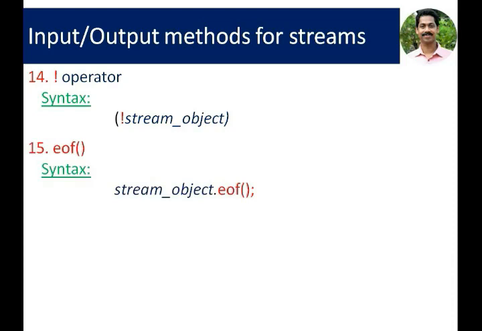The EOF function can be used to find the end of a file. Suppose we are starting the reading of a file from the beginning. We must continue the process up to the end of file in many cases. So each time we have to verify whether the end of file is reached. This function is used to check whether the object has reached the end of file character. Whenever end of file is reached, this function returns true.